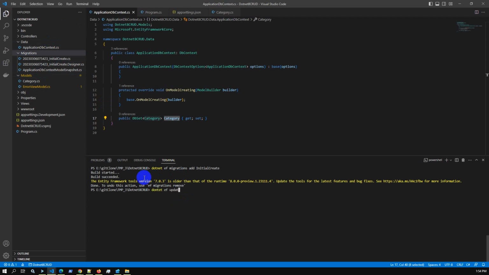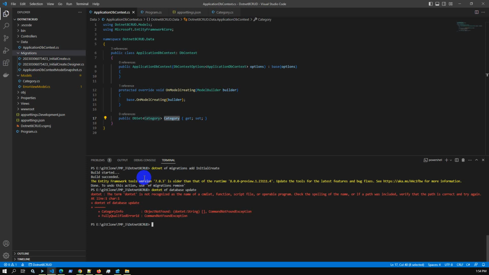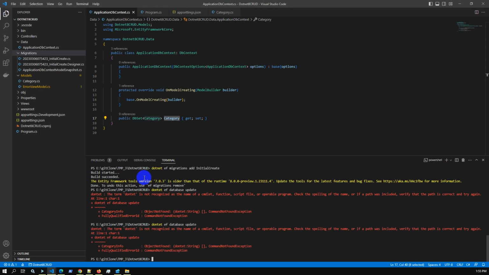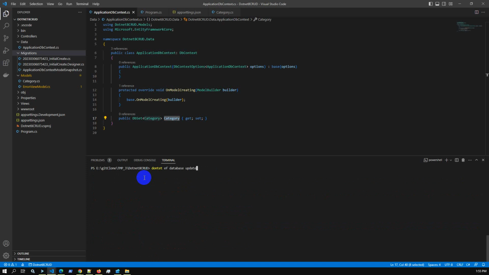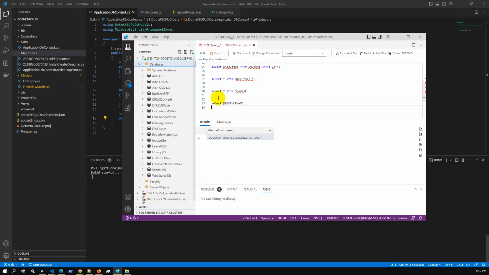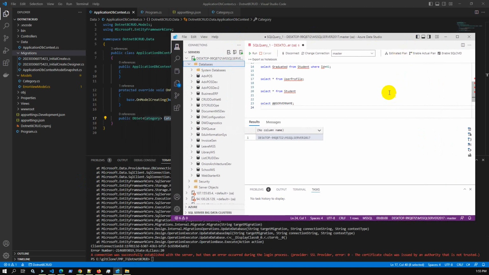dotnet ef database update. Oh, sorry, typing mistake again. dotnet ef database update. Build started, and if we check our database, the connection was successful, but